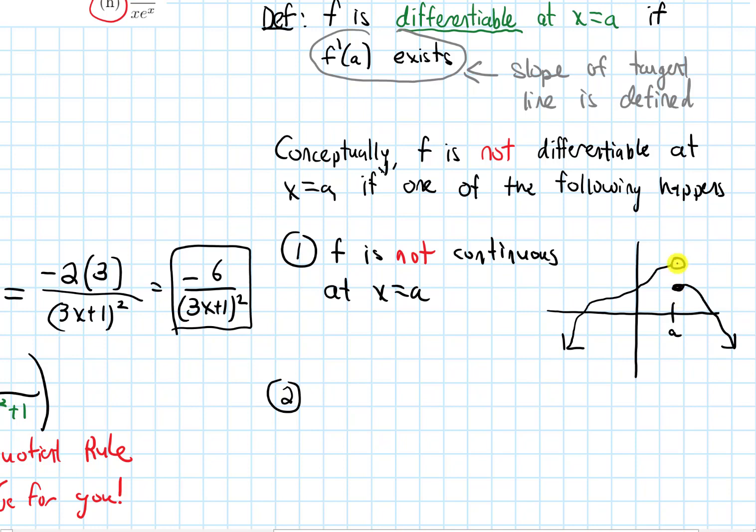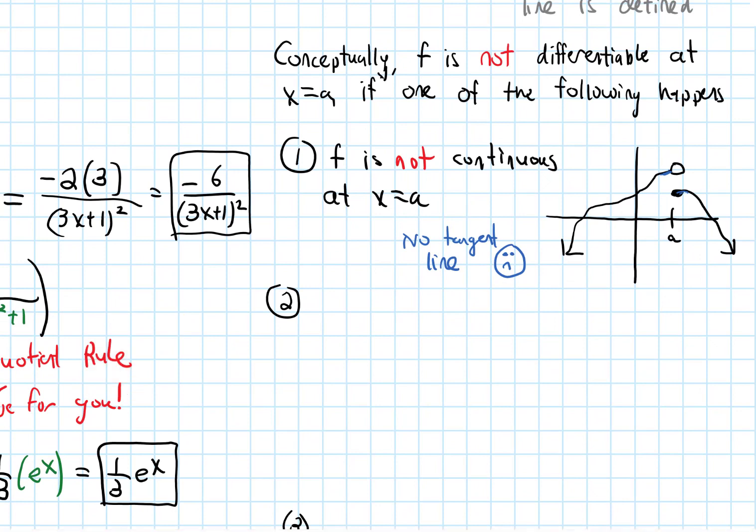So with a discontinuity, the issue is that because it's discontinuous, I can't draw a tangent line. There is no tangent line. It's unclear if I should draw the tangent line at this left piece or at the right piece. I can't really draw a tangent line. And if I can't draw a tangent line, I can't even talk about the slope. The slope of the tangent line is definitely not defined. Okay, the next scenario